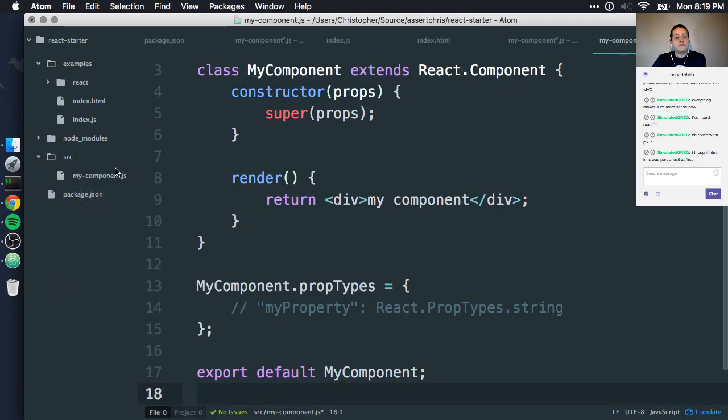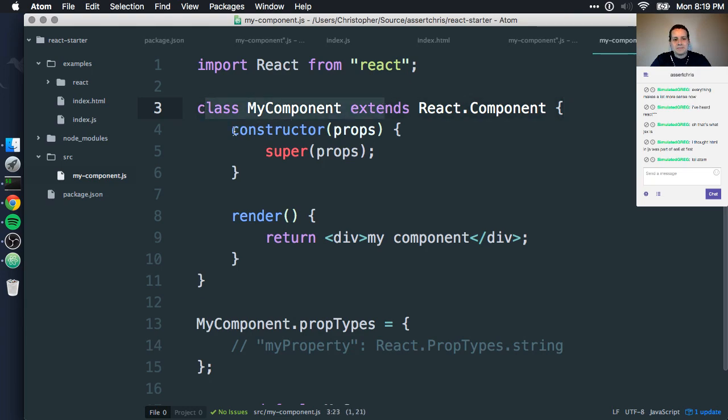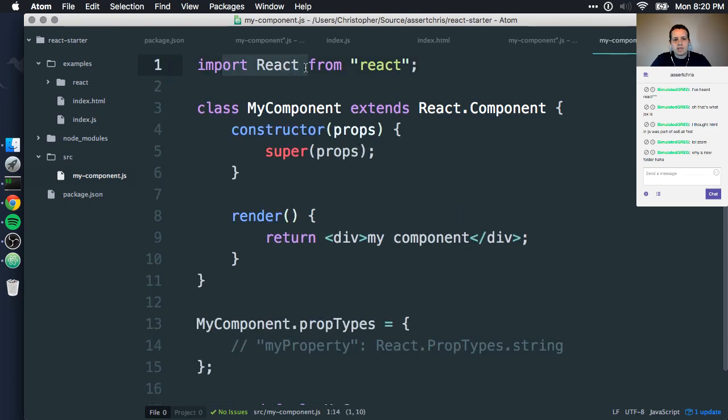My component. Okay, so this should be a JavaScript file now. The parts that are ES6 are this kind of importing, this kind of class stuff, the way that these methods are defined, and exporting this component. And we export this component for the same reason that we can import an object from this reference, because the default thing that's imported is